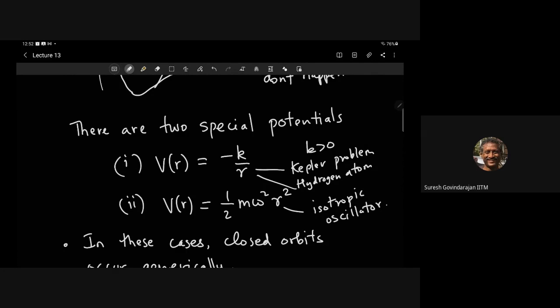Okay, so I'll pause here, and you can ask questions. Okay, I guess everything is, yeah. Go ahead. When we say angular momentum is constant,